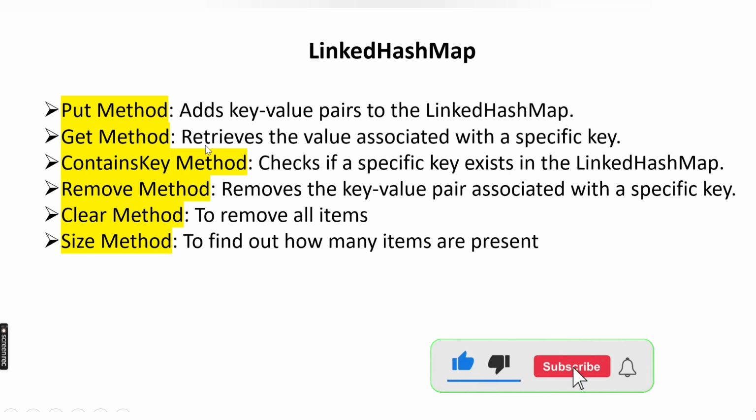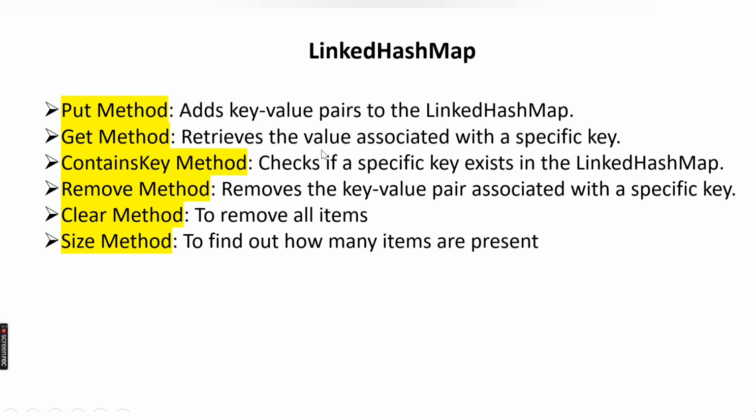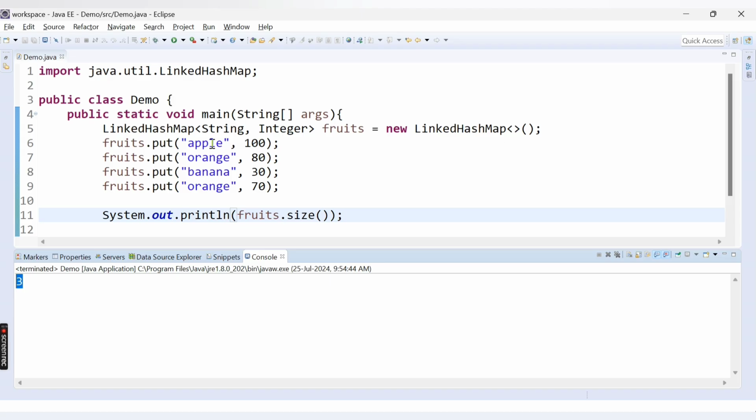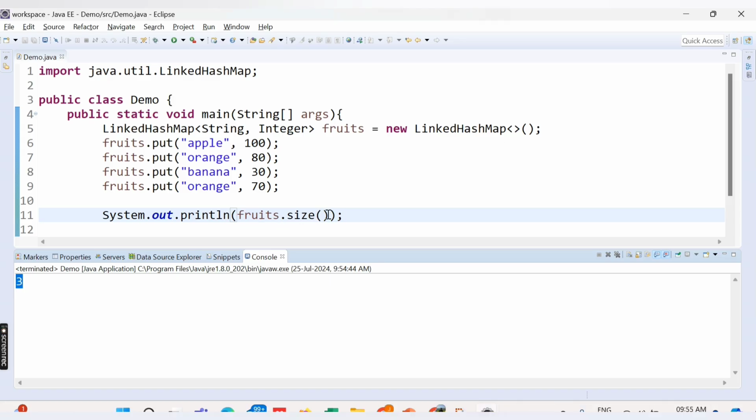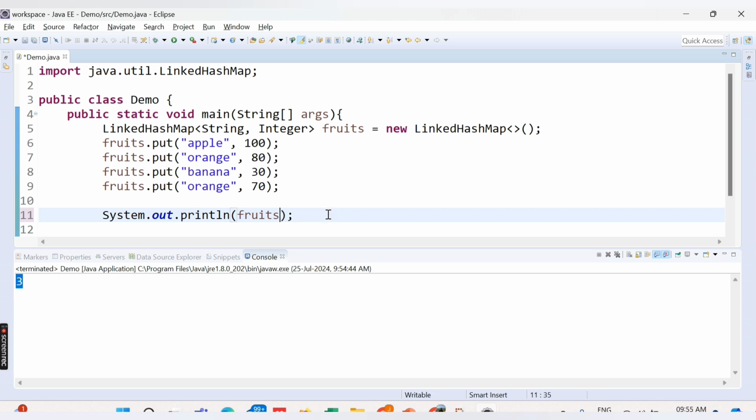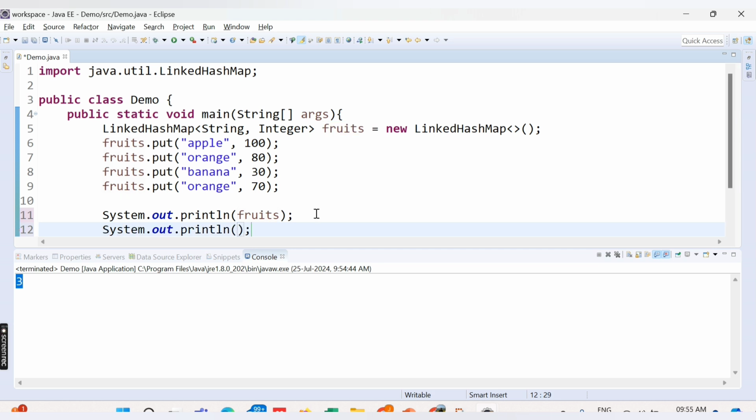Another method is get method. It is used to get the value associated with a specific key. Get method takes one argument, the key, and as per the key it will provide the value for that particular key. So let me first print fruits and then I will print here